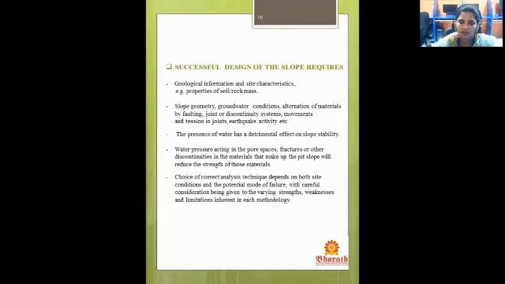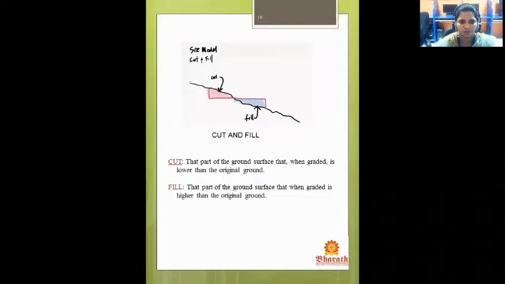Water pressure acting in the pore spaces, fractures or other discontinuities in the materials that make up the pit slope will reduce the strength of those materials. Choice of correct analysis technique depends on both site conditions and the potential mode of failure, with careful consideration given to the varying strengths, weaknesses, and limitations inherent in each methodology.